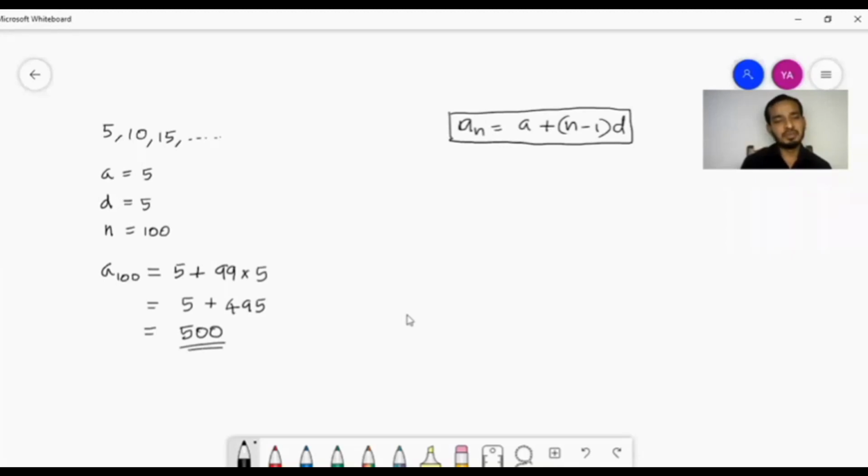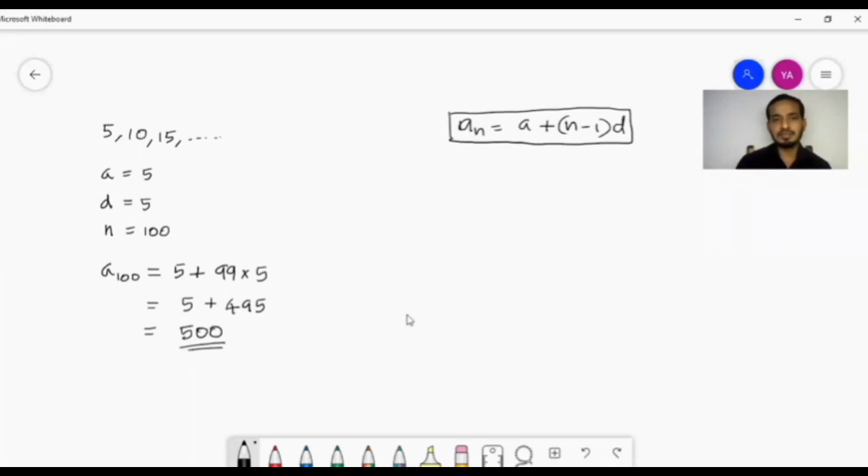This is a very simple arithmetic progression. I chose a simple one to make the concept clear. Sometimes the common difference may be 18. Sometimes the common difference may be minus half. In all such situations, we cannot do it in our mind. This particular question, you can do the 100th term in your mind easily. But for some other questions, you have to use the nth term formula. Then you can simply calculate any term at a given position. This is the first application: to find a term at a given position in any arithmetic progression.